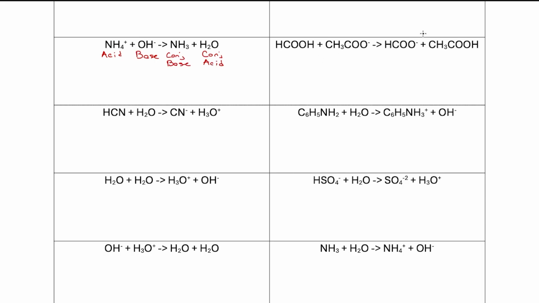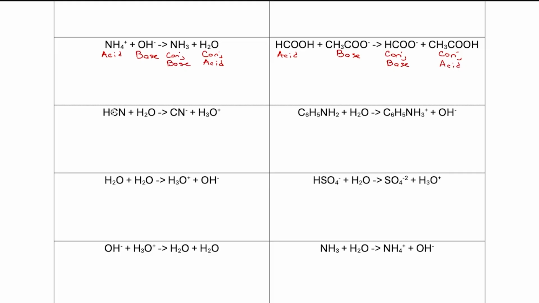And now the next problem, kind of an interesting looking reaction. We have both carboxylic acids in equilibrium with each other, reacting with each other. And so I see this HCOOH becoming HCOO minus. Make sure to not get confused. This is your acid. And then the end product is going to be your conjugate base. And then this guy over here is your base. And the end product will be the conjugate